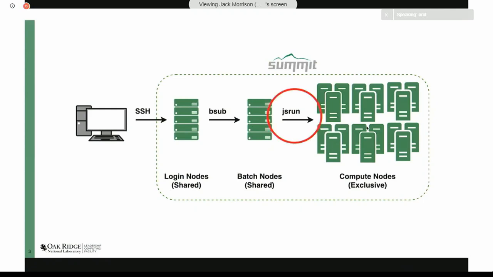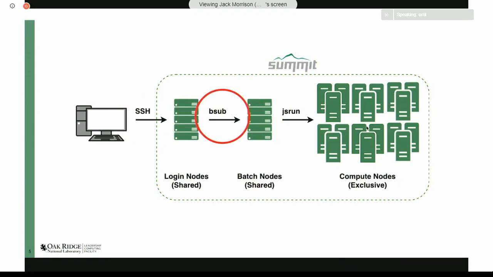Right in the middle here, we have jsrun. And these arrows really represent kind of the normal job submission flow, how a user interacts with Summit. And if you're quick, you may notice that jsrun is the last piece of this. And we should probably talk about how we get there. So happy user, you over on the left of this diagram, obviously need to connect to the system. I'm going to assume you know how to connect to a remote machine, and we're not going to talk about SSHing to the system. But once you're on Summit,